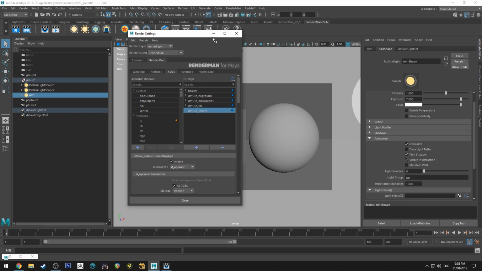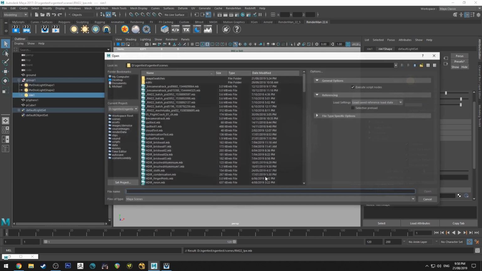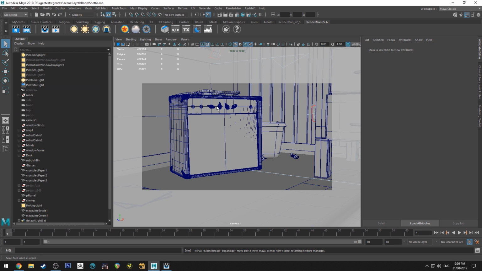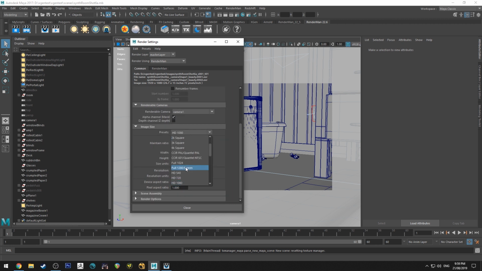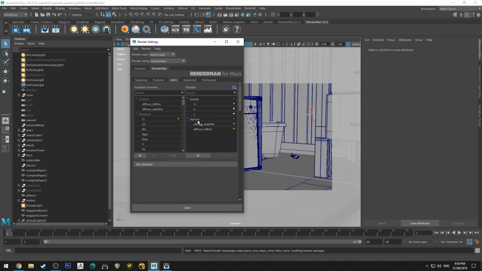And I'll show you a shot that I worked on recently that I used this method in. I actually used the rim light specifically. So we'll have a look here. Okay, so we've got my beautiful matchless amplifier here, and we're just going to run it down to a lower resolution. Let's have a look at my AOVs that I'm using. The only thing I've really added in here for this one was the Z. And then I've got my AOVs, and you can see that I rendered them both under the same display driver. And then I just shuffled them out in Nuke, and I'll show you that in a second as well.